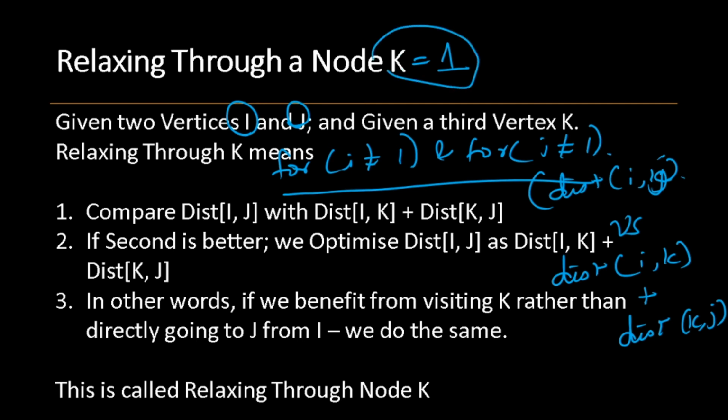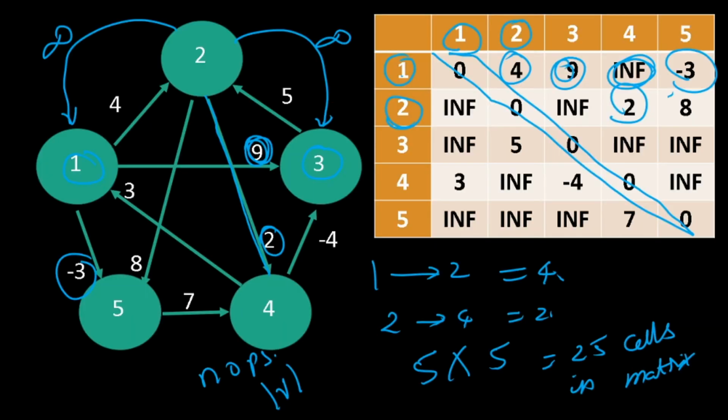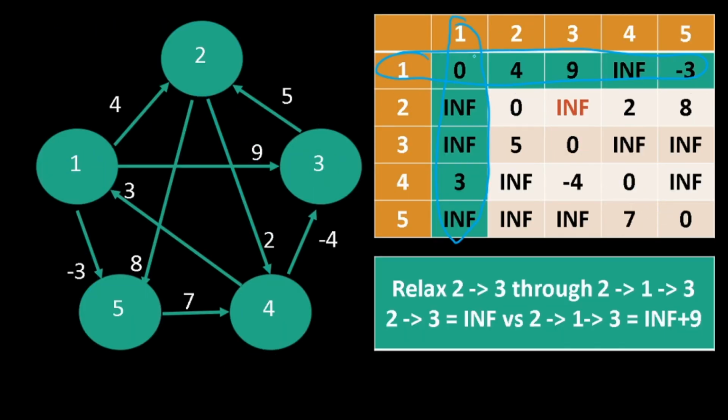So here k is 1. So for every node that is not 1, I'll compare the distances. Now it will be a lot more clear. See what's happening. I have locked this particular column because this is distances to node 1. I have locked this particular column because this is distances from node 1. Now I will start relaxing everything else. So to start with, I won't worry about 2 comma 2. This particular diagonal was forbidden. I already discussed why.